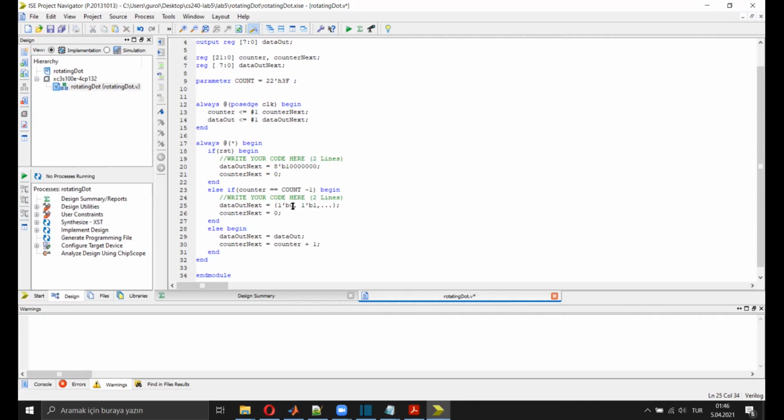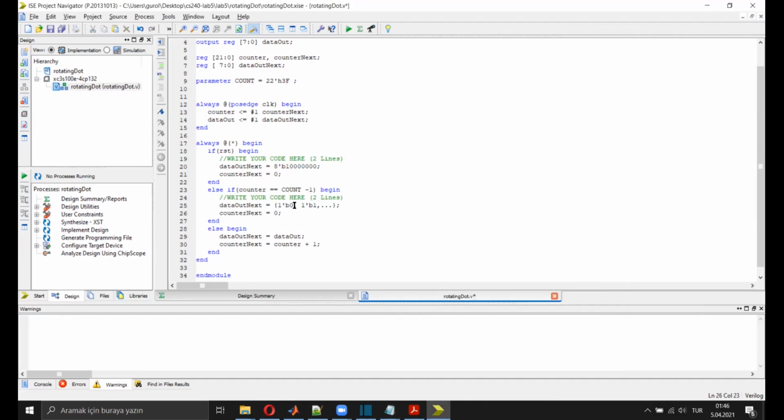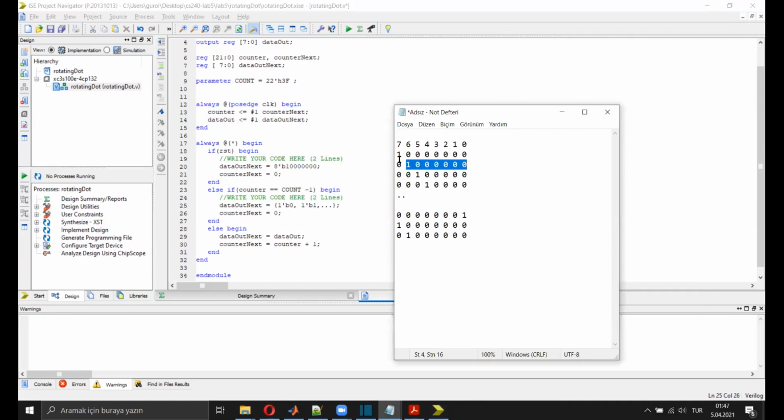But here, instead of these ones, we can use variables, and what we do here is we need to use our pre-data out state to our advantage, and we shift the pre-existing state to make it like this. And since we're going to be shifting by one, we can leave a 0 here for the 7th LED and then shift